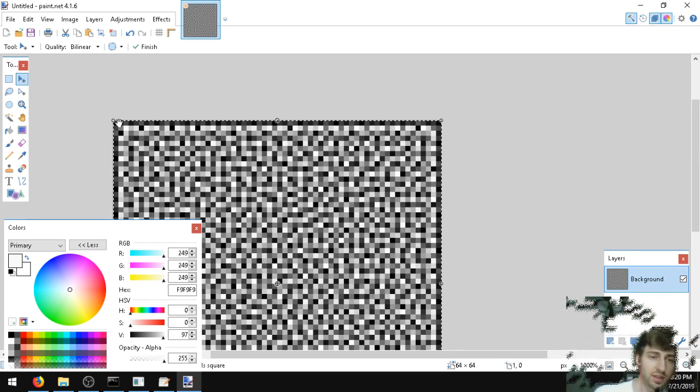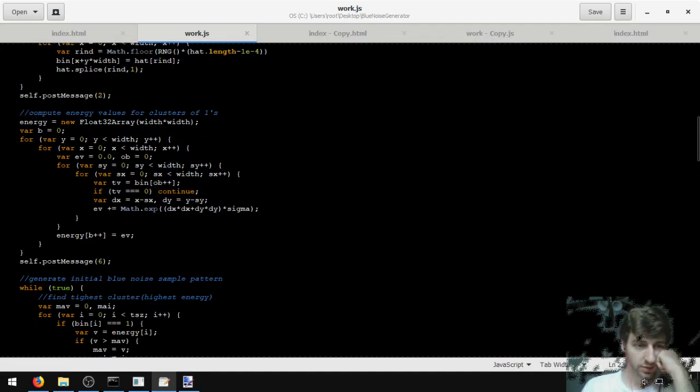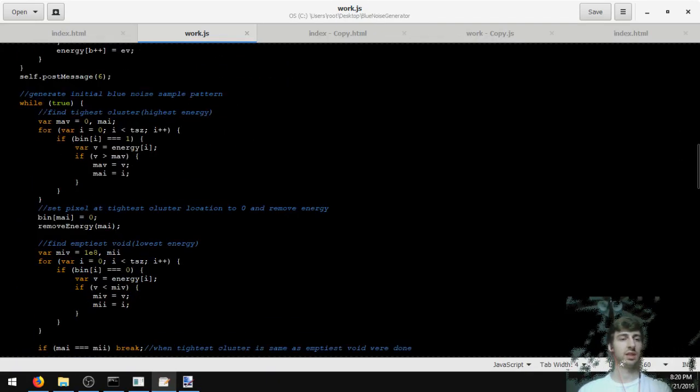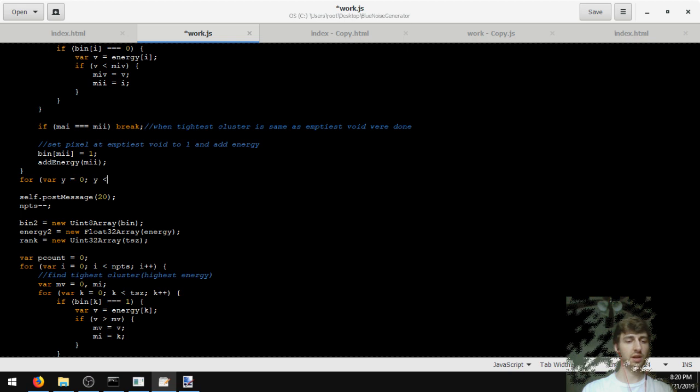So this is because this pixel over here is super far away. What you're supposed to do to make a tiling texture is you do wrapping distance, which basically means this pixel is actually right beside each other because this wraps around to here. So the first thing I'm going to do for this is this will actually affect the initial point pattern here. So what I'm going to do is I'm going to output